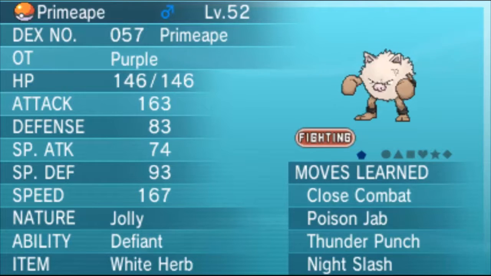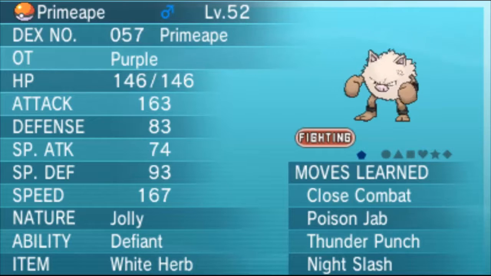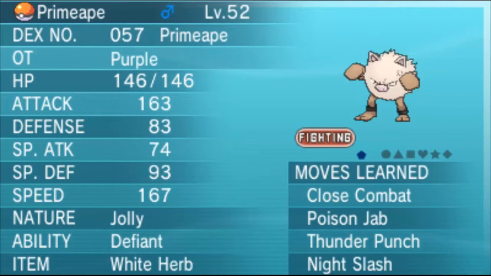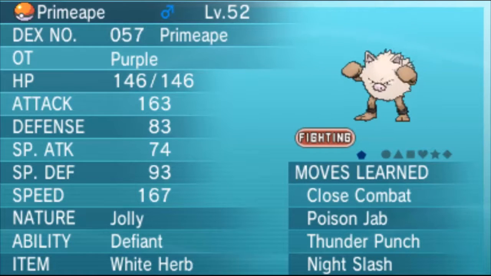We have our Primeape. It's actually my second Primeape. My first Primeape never really sees battle. This one is basically just improving upon my first one. I might still use the first one sometimes to mix it up, but this is definitely the more competitive one. Packing Close Combat, Poison Jab, Thunder Punch, and Night Slash with the Jolly Nature and Defiant ability, carrying White Herb